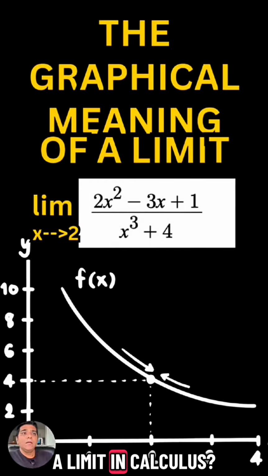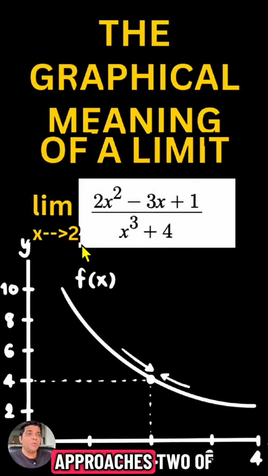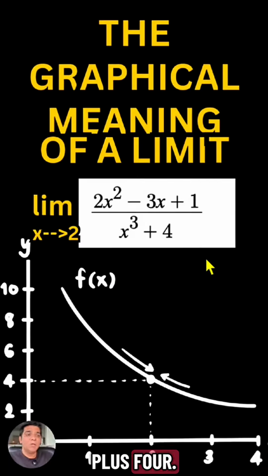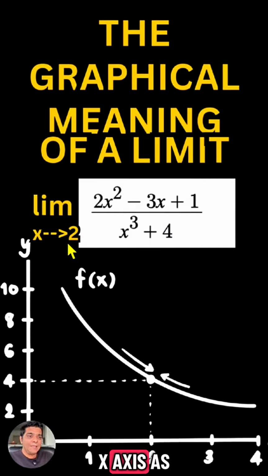So what is a limit in calculus, and what is the graphical meaning of a limit? Let's take a look. So we have the limit as x approaches 2 of this particular rational expression, 2x squared minus 3x plus 1 divided by x cubed plus 4. So the idea of a limit is essentially when